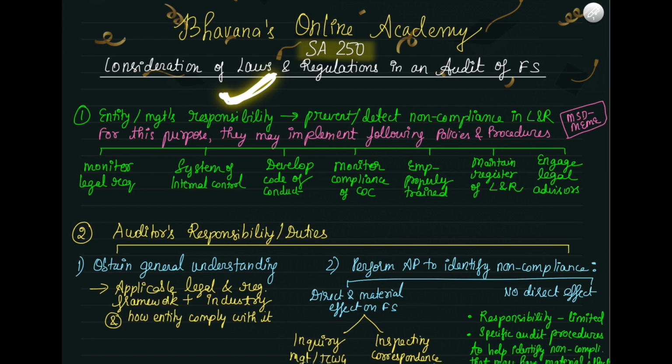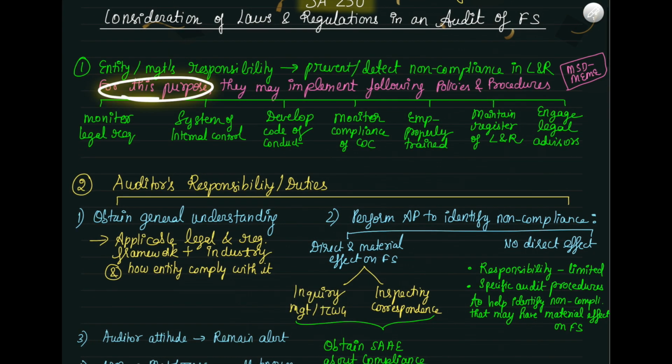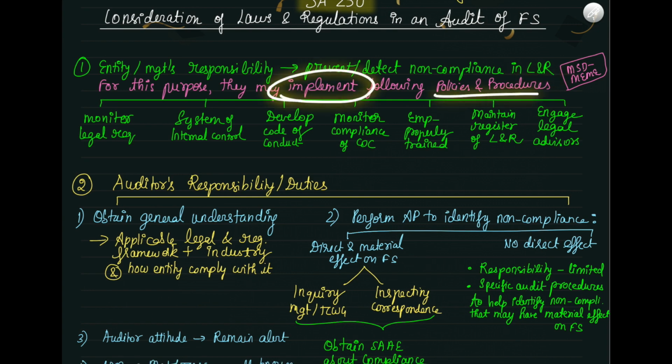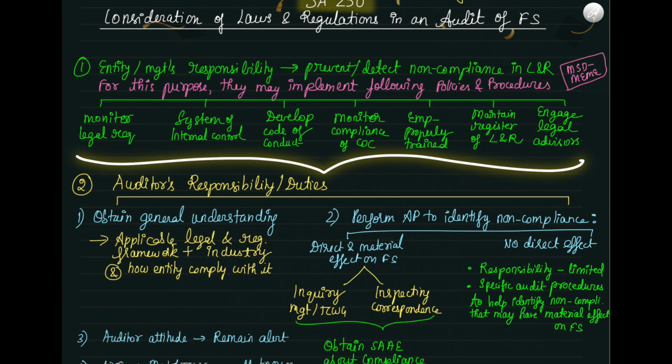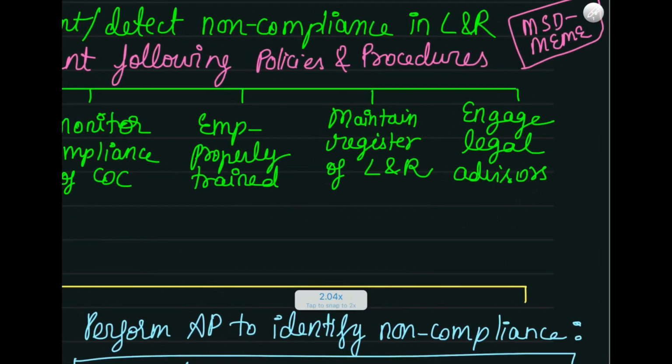Okay, so for this purpose, for the management's responsibility, what steps can the management take so that it is making sure that all the laws and regulations are being followed in the company? What are the steps it can implement, or what are the policies and procedures that the management can implement so that all the laws and regulations are being followed in the company? So totally around 7 steps are given. So you can remember this as